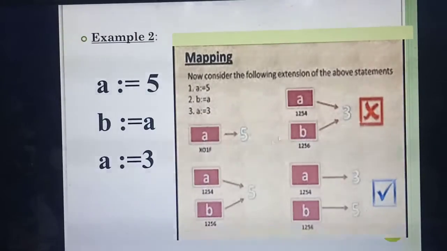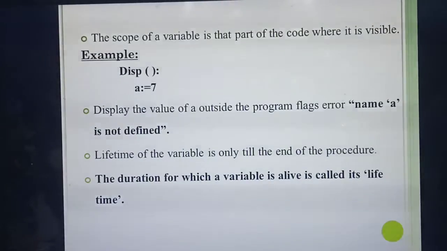See the third diagram. What's the third diagram? Value of a and b becomes 3. Whether it is true? No, it's wrong. Okay. So now what's the final value of a and what's the final value of b? See the last diagram. So what's the final value of a? Final value of a becomes 3 and b becomes 5. Understood? So this is called mapping. Understood the concept? Okay. So listen, next one example.